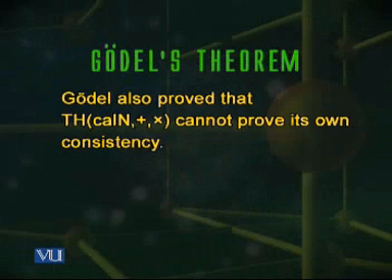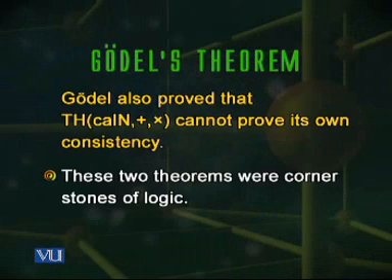Gödel proved that the theory of numbers cannot prove its own consistency. These two theorems of Gödel's are extremely important cornerstones in mathematical logic. They changed mathematical logic completely, and they also gave wonderful directions to computer science, to the theory of decidability and undecidability in logic. The way we have gone to prove Gödel's theorem is using Turing machines, using the recursion theorem, using all the tools that we have learned in this course.